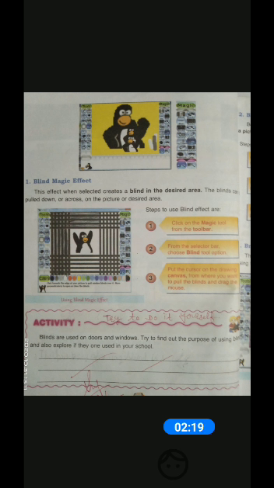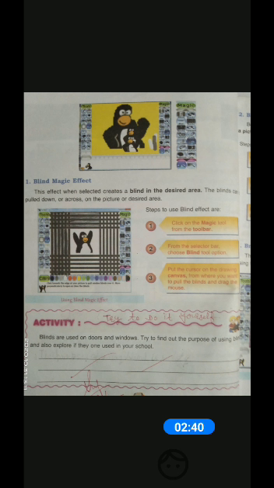Firstly, we click on the Magic tool from the toolbar. Secondly, from the selector bar, choose the Blind tool option. And in the last step, put the cursor on the drawing canvas from where we want to pull the blind and drag the mouse.